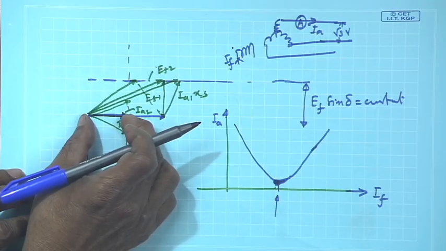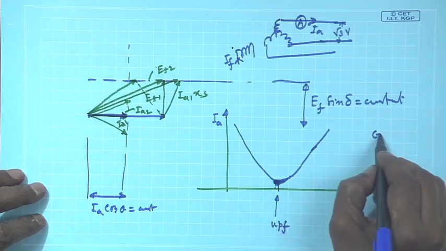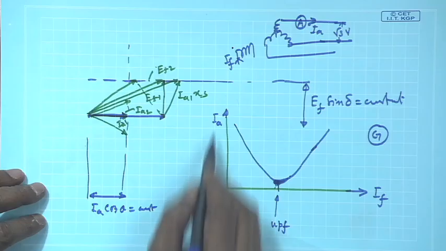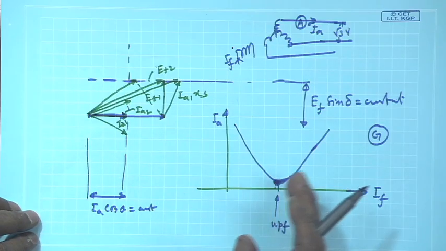This length of armature current phasor is minimum. So, it is unity power factor for generator mode I am drawing, and this is the armature current, and armature current will become more